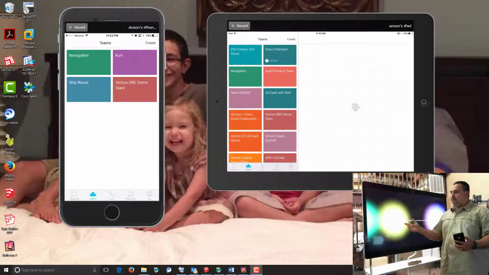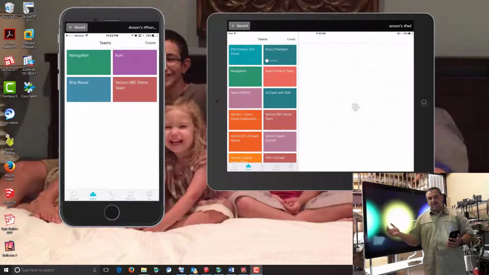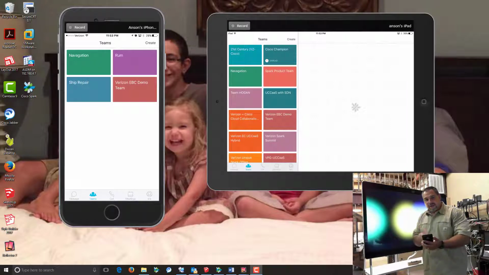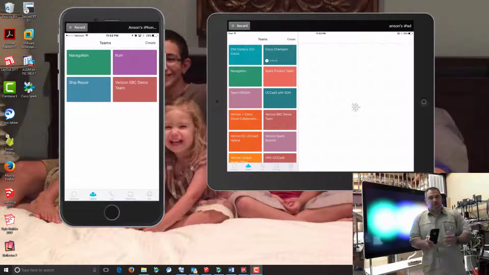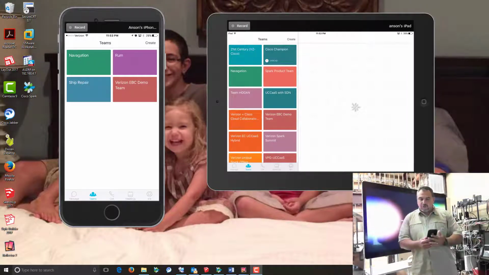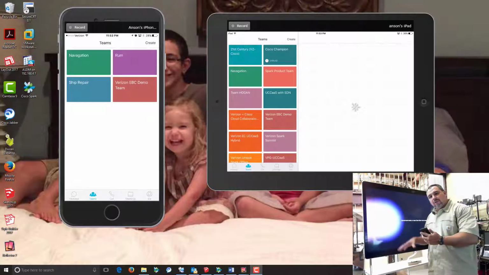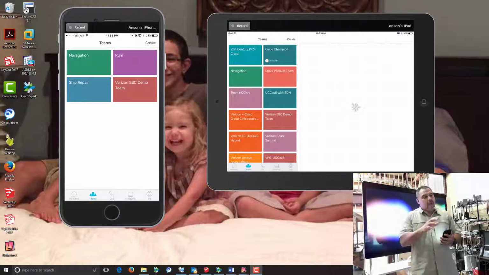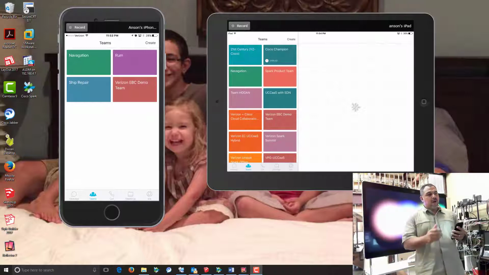There will be a Sparkboard like this in the EBC. There will also be an iPhone. You see that iPhone on your screen. You see the Spark app on your screen. The iPad is going to represent the remote user. So the way this works is you have a Sparkboard and an iPhone with the Spark app, local in the room, and you have a remote user with an iPad